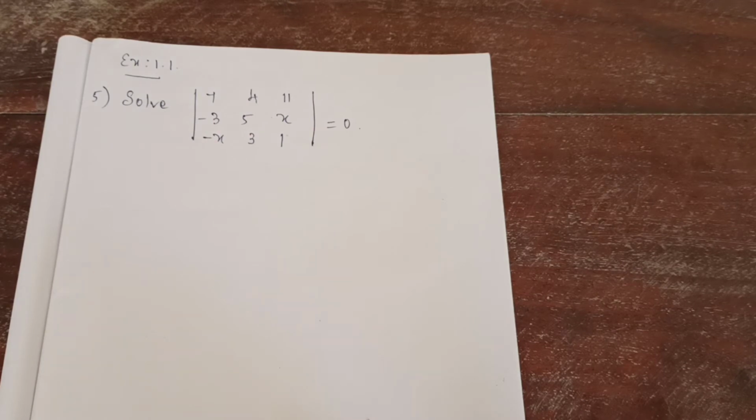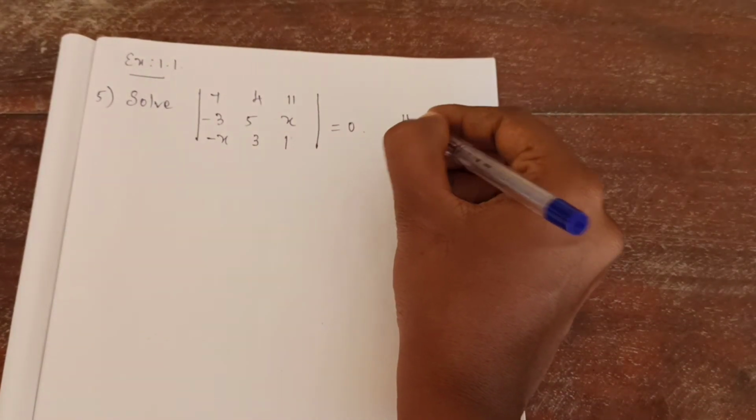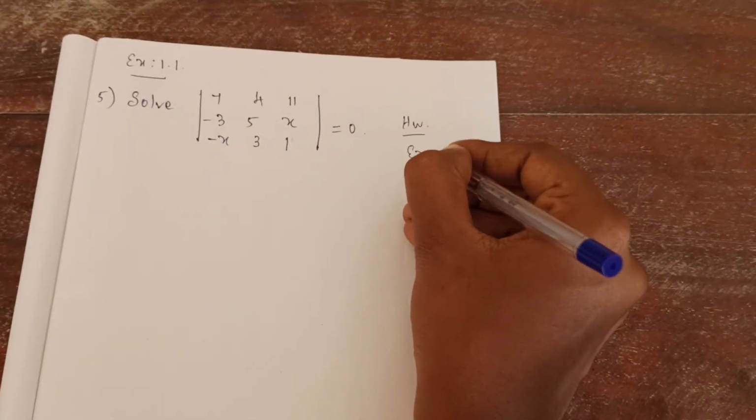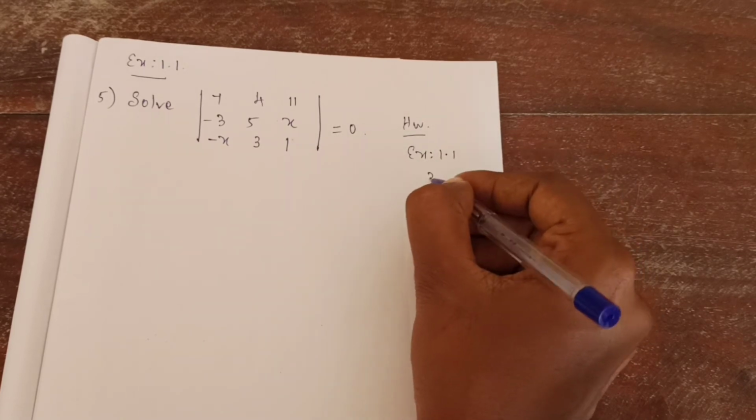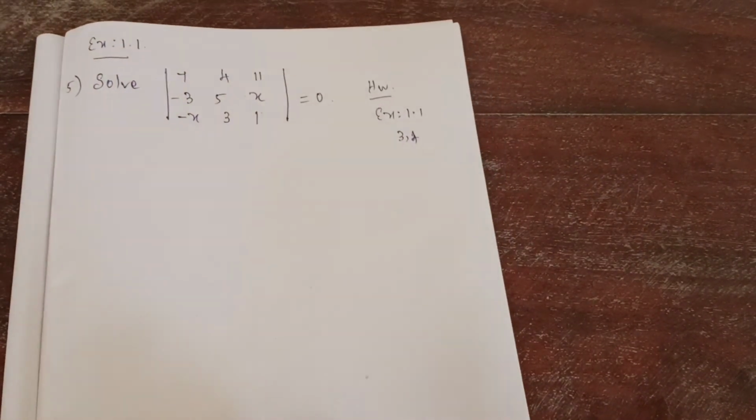For that you need to find the AB first. AB you know how to find. Last year we have found it out. Is it right? AB means using the method you will multiply. So A into B. Afterwards for that AB, that is the product of A into B, you will find the determinant value. That's the answer. Understand? Okay. Now let's move to the fifth question. So your home assignment is exercise 1.1, problem numbers 3 and 4. Okay. Now it's the fifth question.